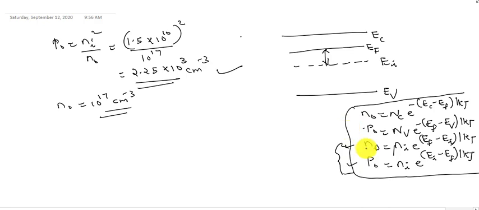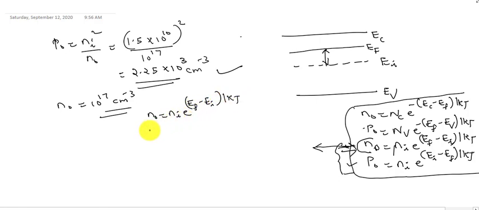But since it is an n-type semiconductor, we will use this equation for N0. This equation is used for finding the location of the Fermi level. So you have to study all four equations. In this problem we will use the third equation, since the semiconductor is n-type and the value of Ni is known. So the equation is N0 is equal to Ni into e raised to Ef minus Ei by kT,